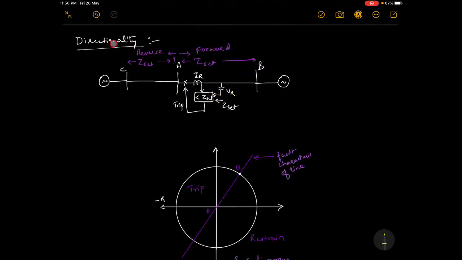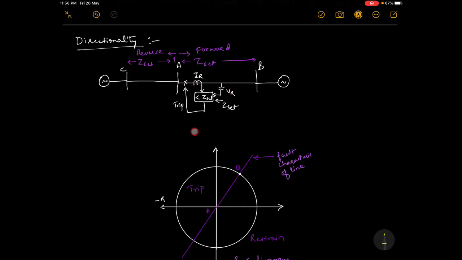Now we shall see the directionality problem. It is actually a problem. The relay might be somewhere in between the transmission line, correct? This case is obviously there, because here one relay, here one relay, here one relay. So I have taken the relay which is in the middle. Current in an AC transmission line will flow in both directions, you know it. And we had taken only from point A to point B.